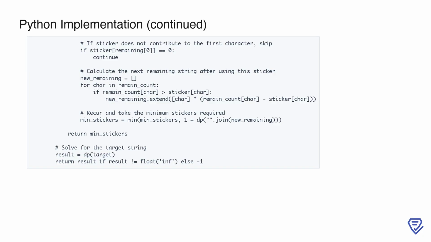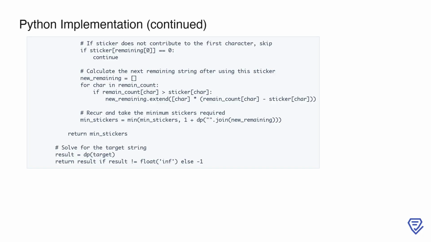For stickers that do contribute, we calculate the next remaining string after applying the current sticker. This involves iterating over each character in remain_count and determining how many characters are still unmatched after using the sticker. We build a new remaining list containing these unmatched characters. Then, we call the dp function recursively with this updated remaining string, adding 1 to account for the current sticker used. We update min_stickers with the minimum value between its current value and the result of this recursive call. Finally, the dp function returns min_stickers, representing the minimum number of stickers needed for the given remaining